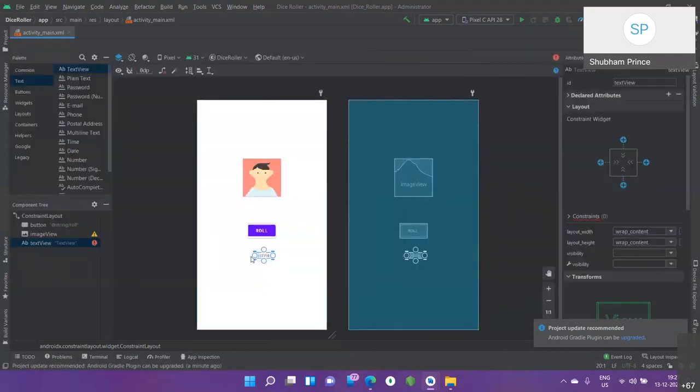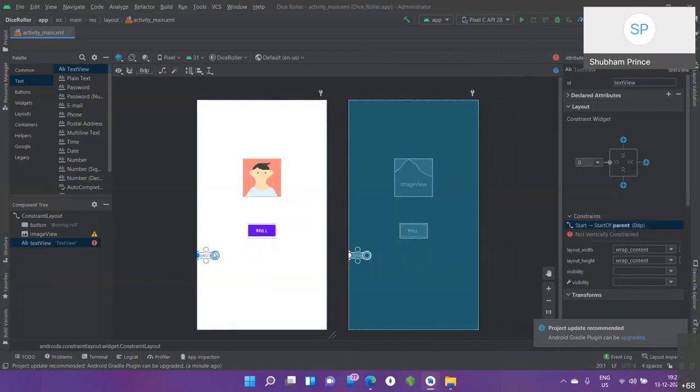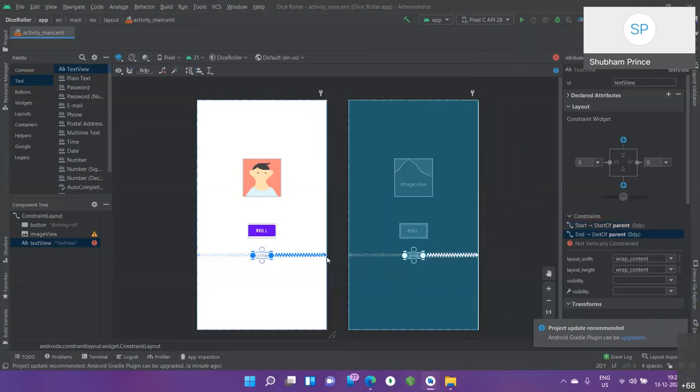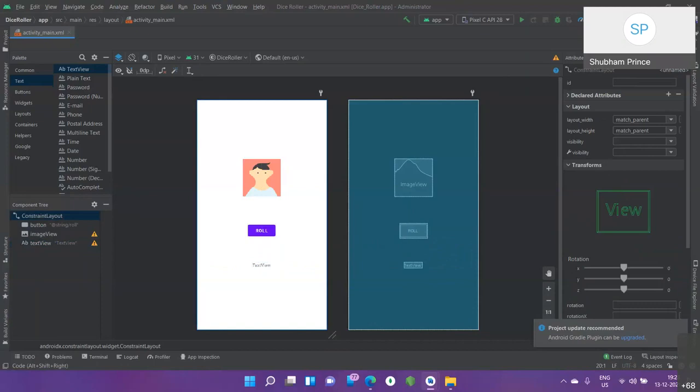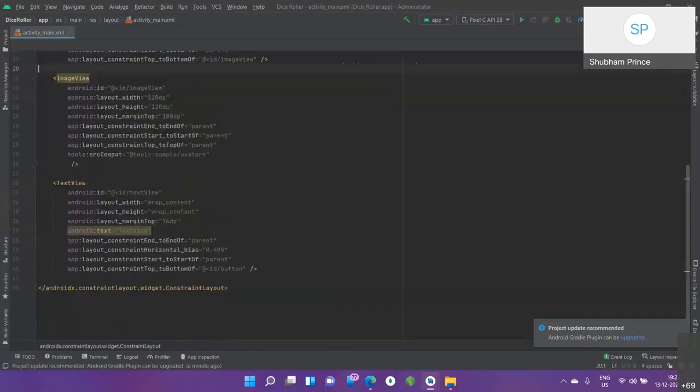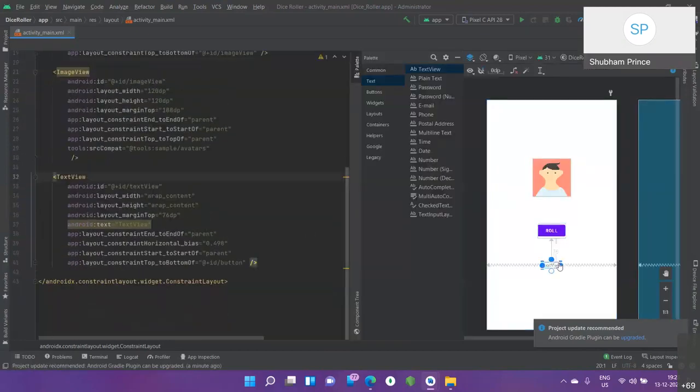Now what I have to do is make sure that it does not float while compiling, meaning while we are running our application, it does not float here and there, on the x-axis and y-axis. Now it is in the center. Now I will choose the parent as the top, this button, and then I will drag it to a certain distance, say 76. Now you can see that the code is automatically added.